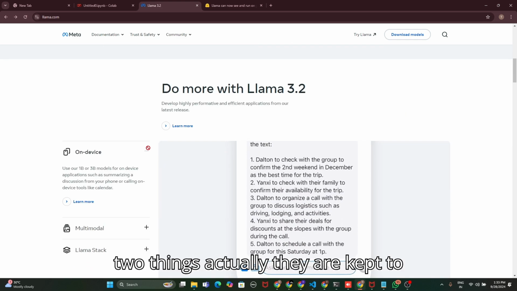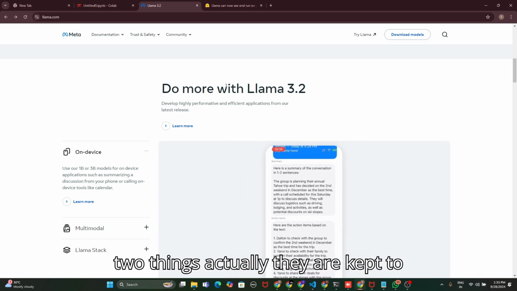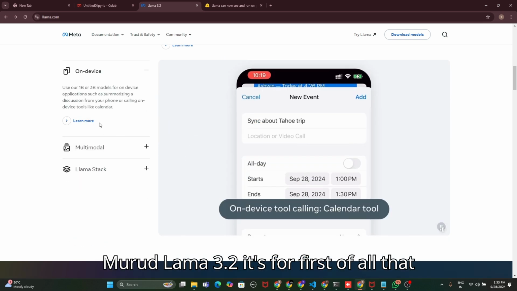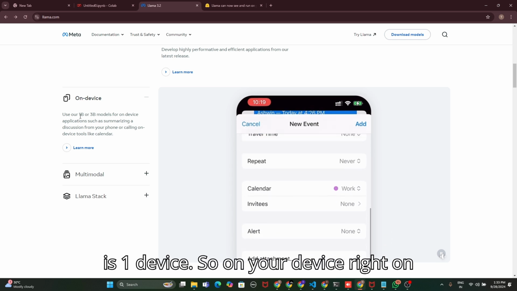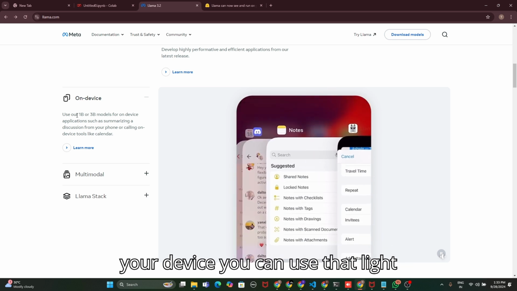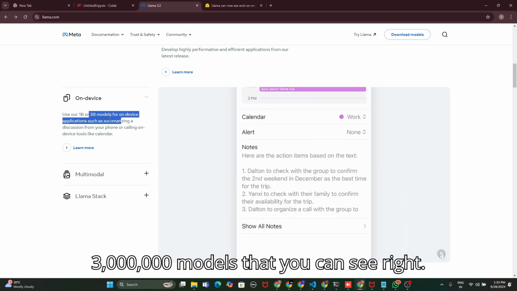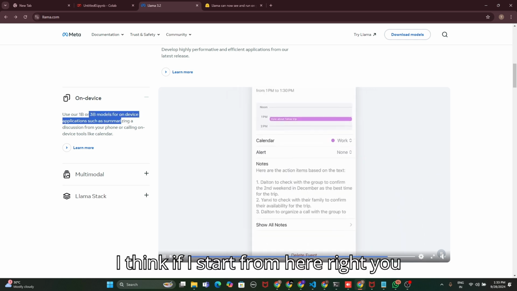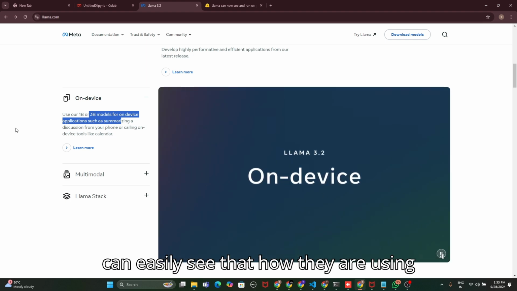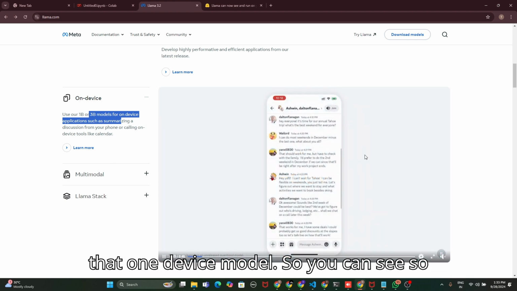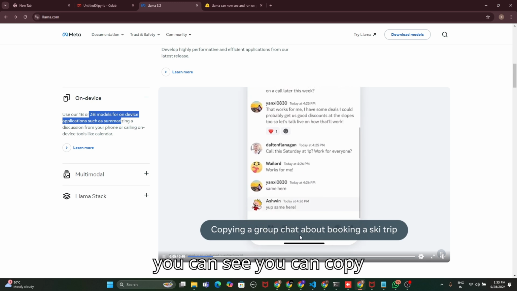If you see, there are two things actually. They have kept "do more with Llama 3.2". First of all, it's on device. On your device you can use those lightweight models, that is your 1 billion or 3 billion models. If I start from here, you can easily see how they are using that on-device model. So you can copy,